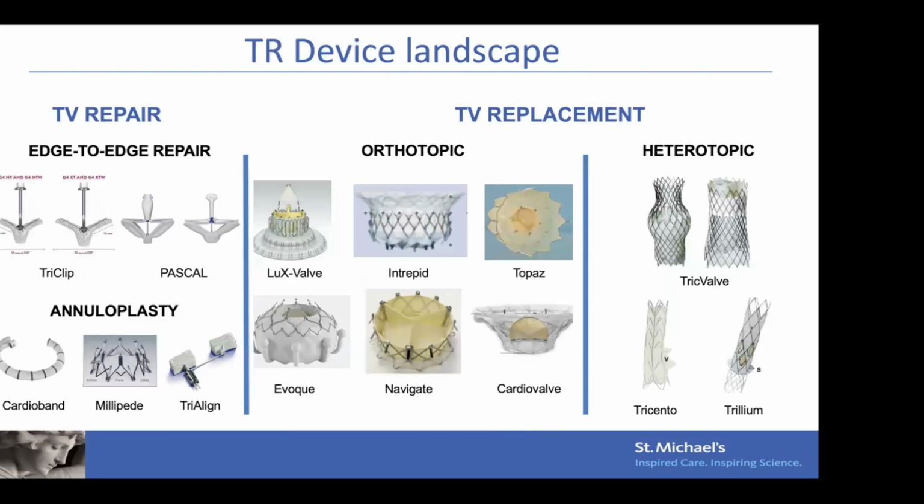And finally, if you look at the TR device landscape and echocardiographic assessment with respect to that, we all know that in recent years there has been an explosion in devices available for the tricuspid valve. There's a wide range of options now for patients, going from tricuspid valve repair, typically more commonly edge-to-edge repair, using the TriClip or Pascal system. There are also transcatheter annuloplasty systems, although these have been used less in recent years. On the other side, you also have tricuspid valve replacements, which can be orthotopic, meaning that the valve itself is replaced, but can also be heterotopic, in which the valves are implanted not at the level of the tricuspid valve, but typically in the caval veins,